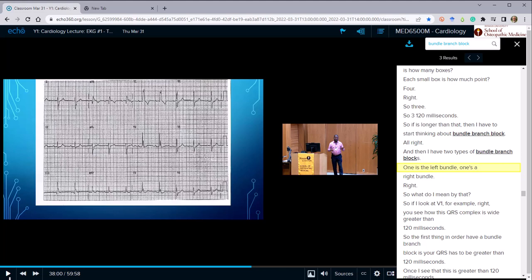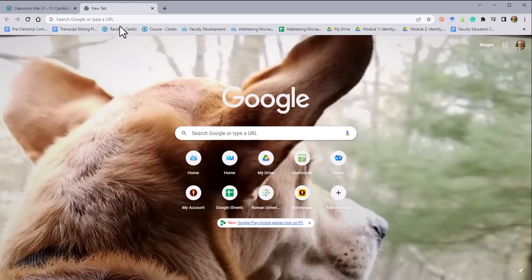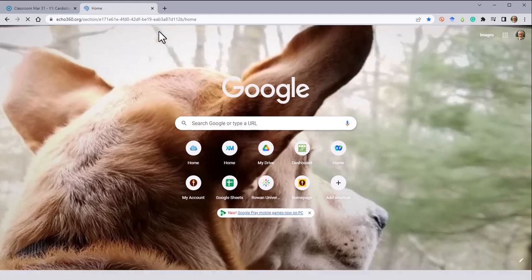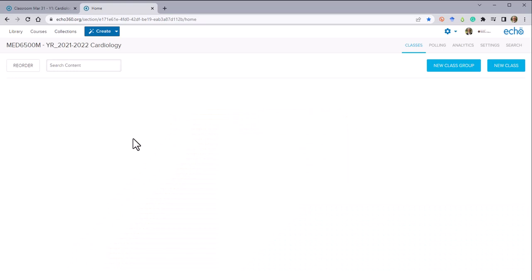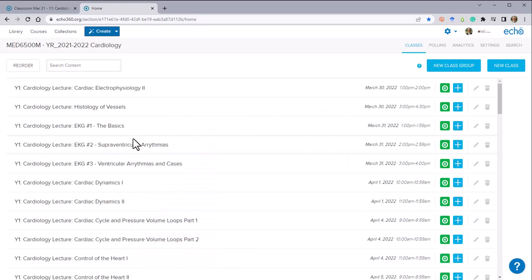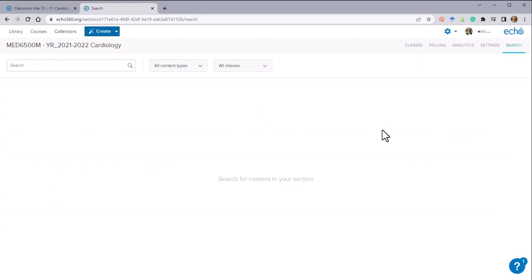Now, even better, you can do this within a particular lecture, but you can also do it across multiple lectures. So let me go to the cardio course itself. And this will bring up a list of all of the lectures that were delivered. But what I can also do is just come over here to this little search link. That will take me to the search interface, and I'm just going to switch this to transcript. And again, what I can do is just search on bundle,